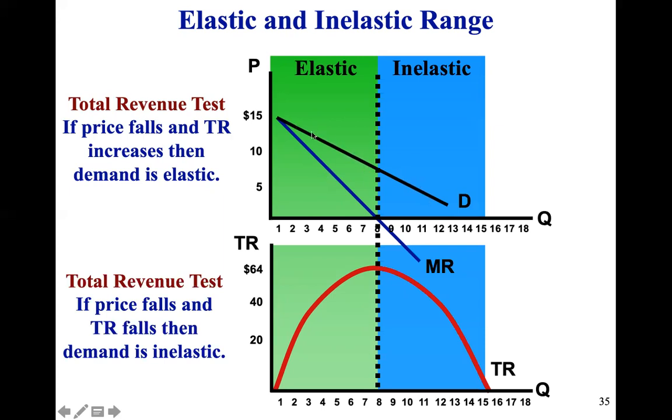This is the elastic range of the curve. The turning point is at the point where MR equals 0. And then in fact, right here in the middle is when it would be unit elastic, right? So this is the elastic range of the demand curve where the price elasticity of demand would be something really